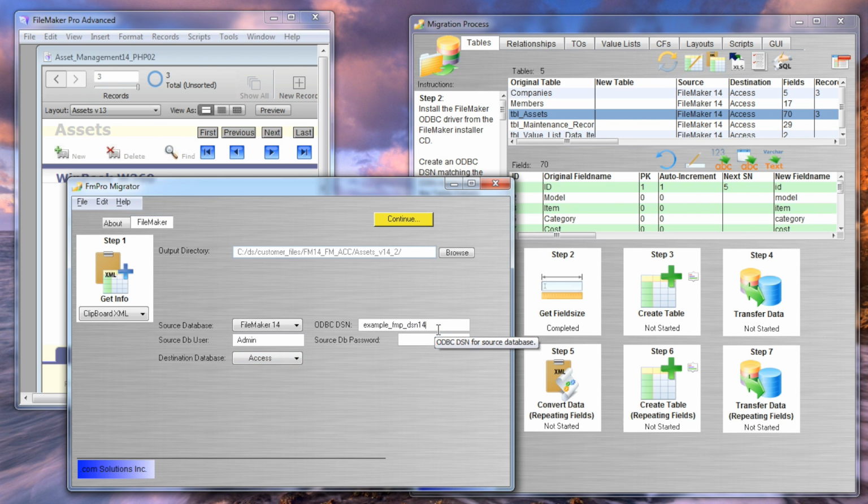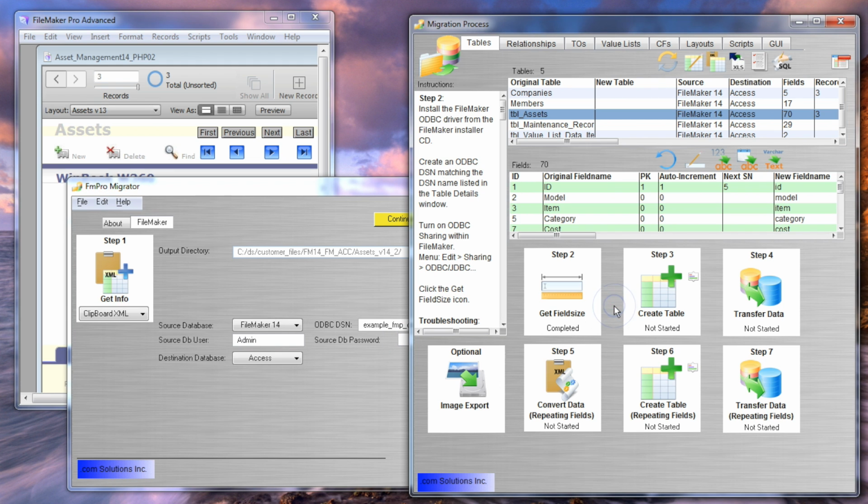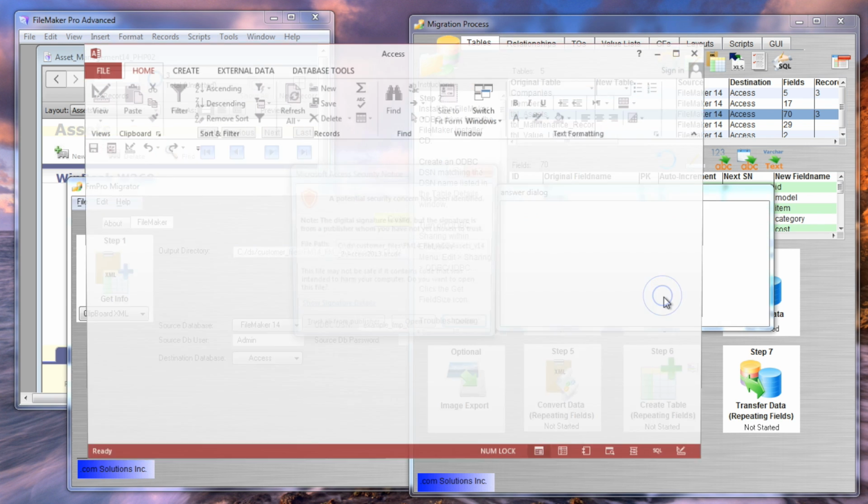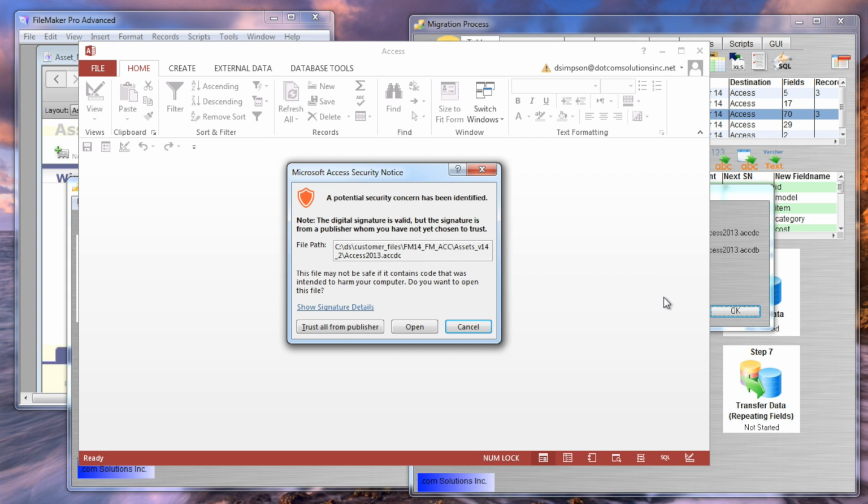I have entered the name of the FileMaker ODBC DSN along with the username and password for the connection. On the right, you see the migration process window. Having completed my prerequisites, I click on the step number 3 Create Table button. The first time I click on the step number 3 button, FmPro Migrator will create a new empty database file